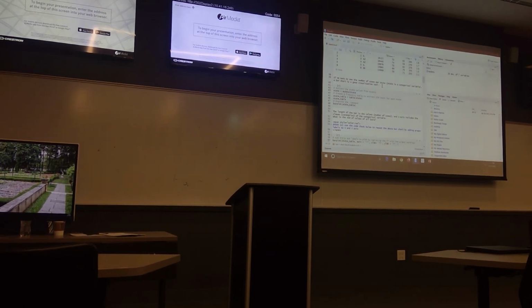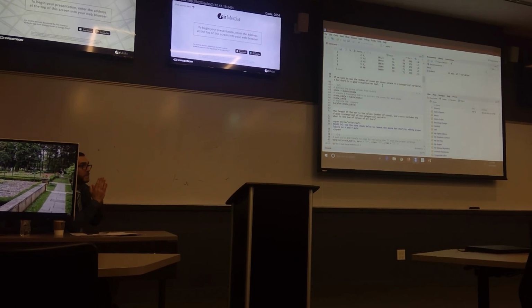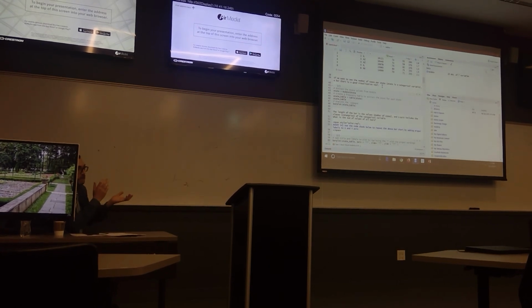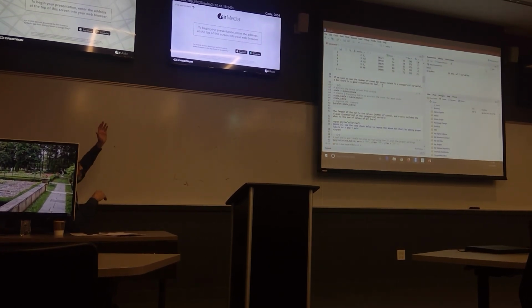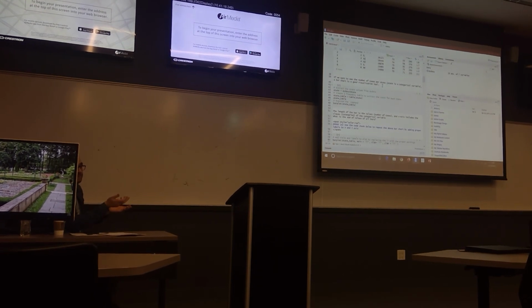So what should I do? What kind of a chart should I use? One good chart for that is called a bar chart, which is just bars that represent the number that you're trying to see, and that's on the y-axis, and on the x-axis you have the categories. And the categories in this case are the states.